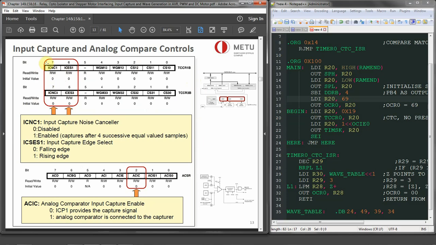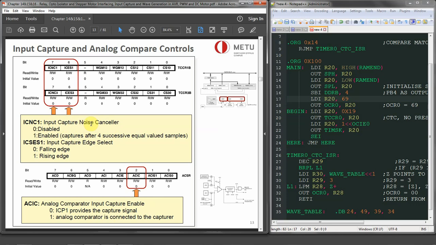So in input capture for timer 1 or timer 3, we are going to set those bits, which are ICNC1 and ICES1. So ICNC1 is the input capture noise canceller. Each change is considered only if it persists for at least 4 successive system clocks, and it causes 4 clocks of delay from the event occurrence to the load of the ICR1 register. If you use the noise canceller and it's enabled, that creates 4 clocks of delay because it's checking for the 4 cycles whether it is noise or valid data,